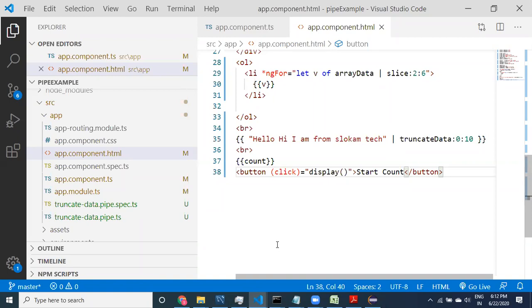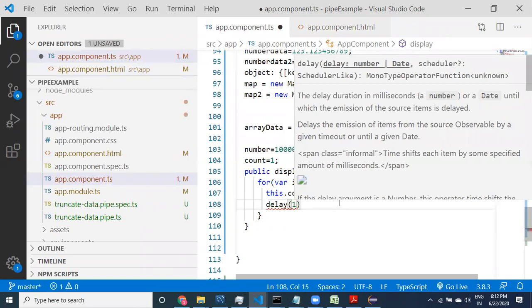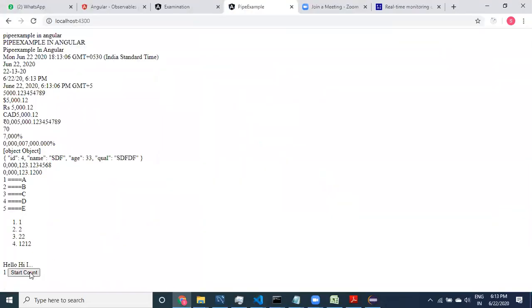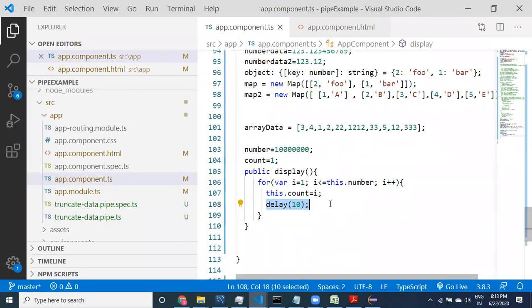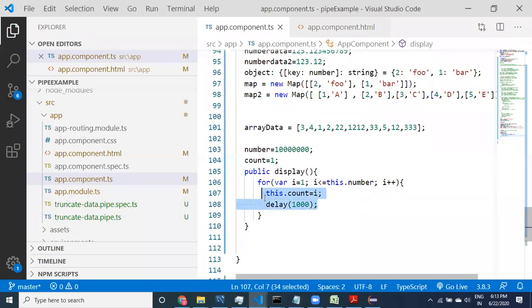What we can do is apply some delay. Let's check with a method like delay. Delay 10, I will say 10. See here what happens now. If I click here, it has taken a delay. Totally, it has taken only 10 delay. Maybe you may take 1000. If you click here, after 1000, it has taken only one time.